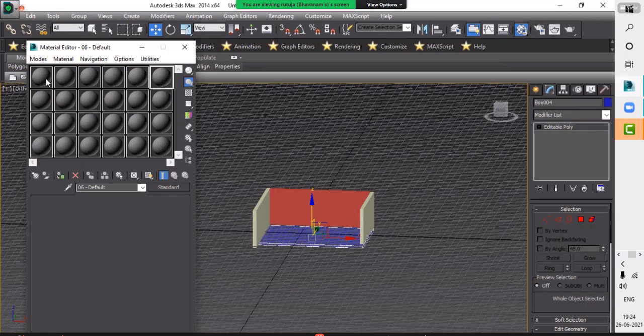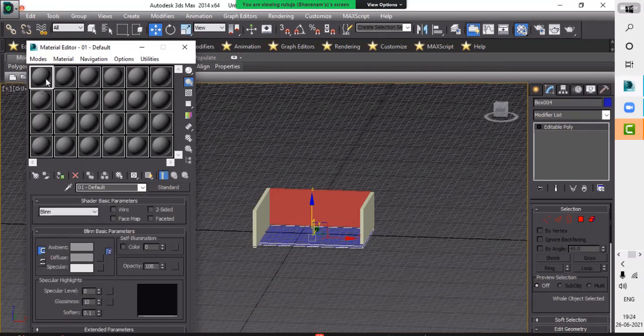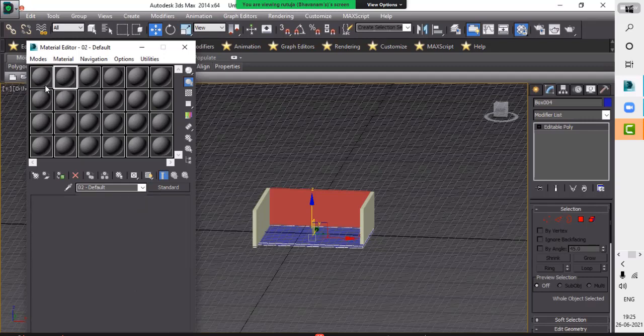And guys, please try to use minimum colors in your model, otherwise it is not useful for your work and your screen will hang or disturb you.